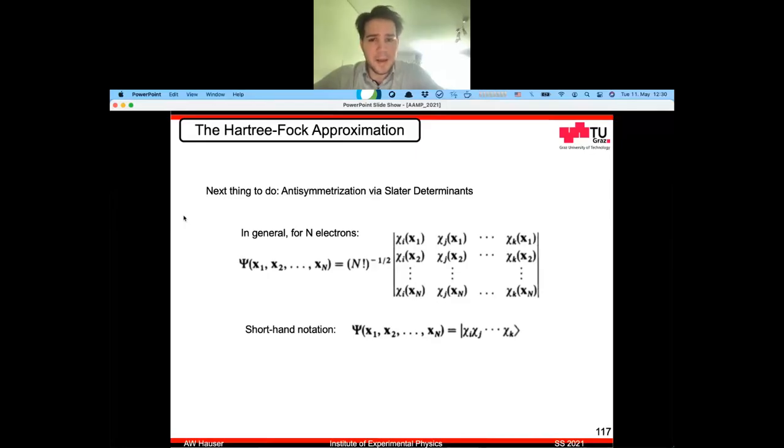So it's chi i, chi j, and so on till chi n in the end. Yeah, it should be an n actually here in the ket vector. That's how we are going to refer to the state, but keep in mind that it is an anti-symmetrized product, right? So it's not just the single product, but also all these other terms